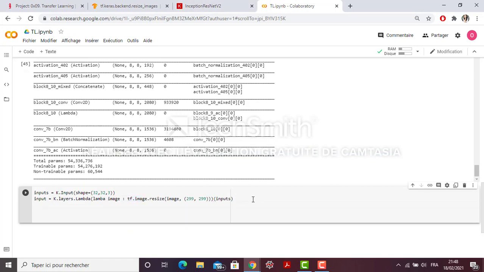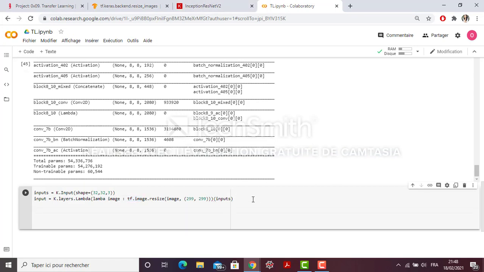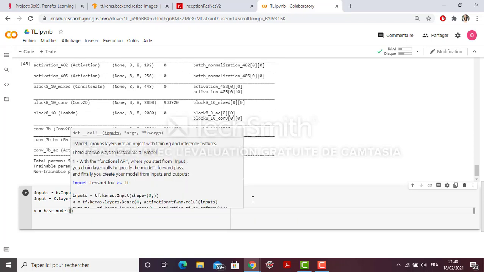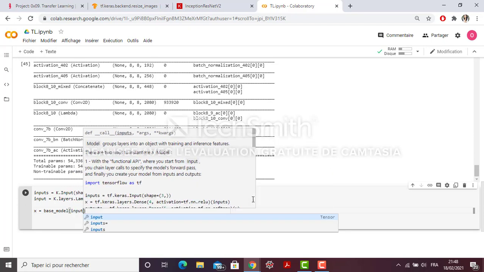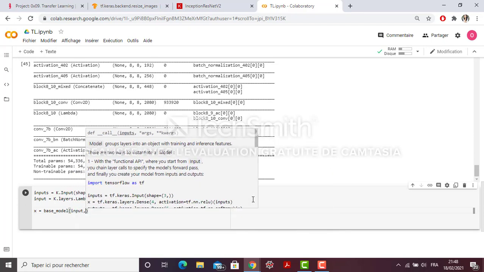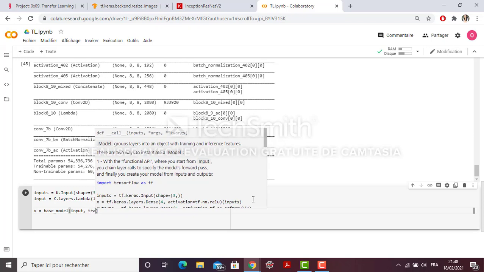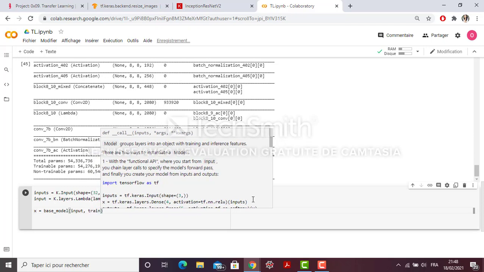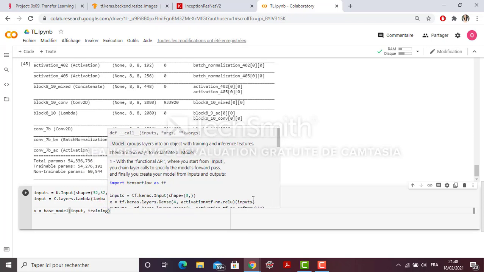Now after rescaling my image, the next thing to do is to put my base model layers. My base model layers will have each input that will resize my inputs, and then I'm going to make sure that training is equal to False.